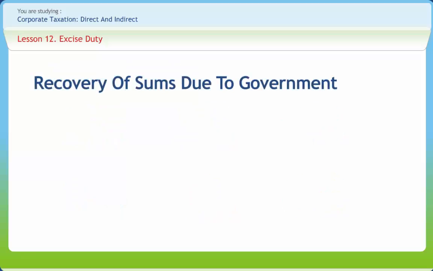Now let's discuss recovery of sums due to government. 11A states recovery of duties not levied or not paid or short levied or short paid or erroneously refunded. When any duty of excise has not been levied or paid or has been short levied or short paid or erroneously refunded, a central excise officer may, within 6 months from the relevant date, serve notice on the person chargeable with the duty which has not been levied or paid or which has been short levied or short paid or to whom the refund has erroneously been made, requiring him to show cause why he should not pay the amount